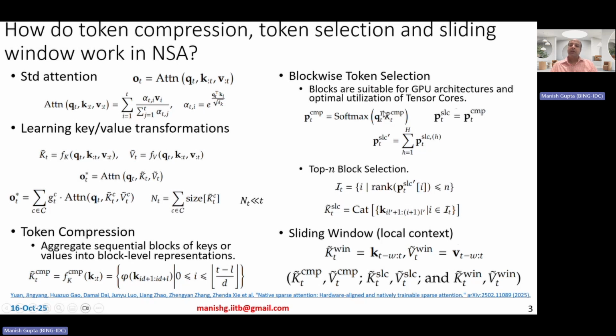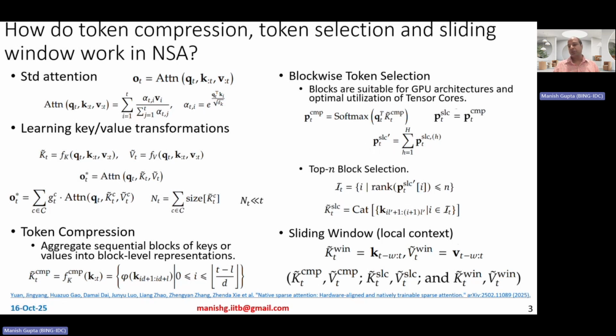Okay. So you obtain these importance scores for every blockwise token, and then you also add them up across all heads, because you will get them per head. Remember, you will have head-specific query and head-specific key vectors, and therefore you sum them up over all heads. And then finally, when you have these importance scores across all blocks,